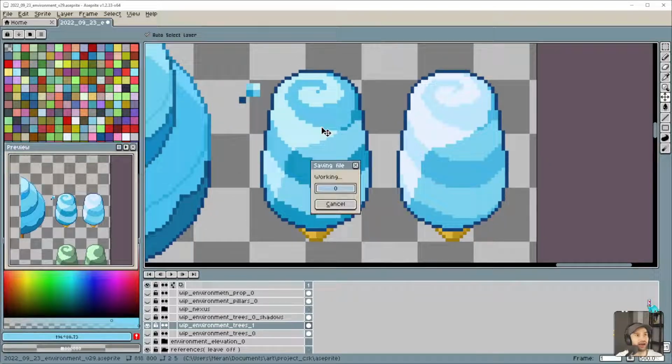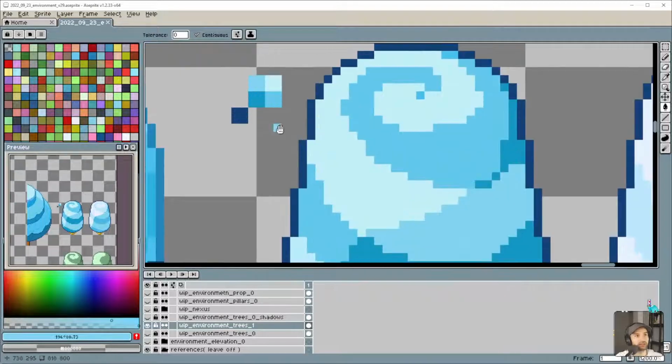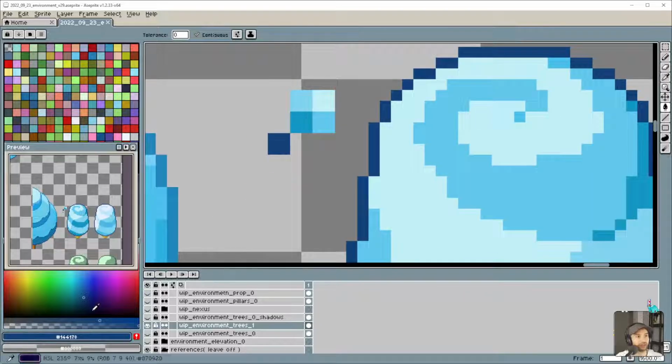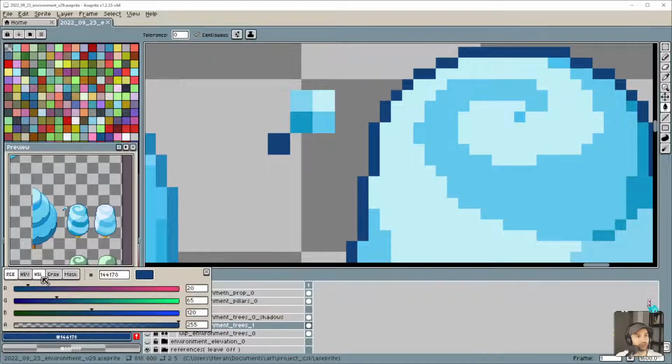So now we need to do the outline, because the outline I feel like is kind of the wrong color. And it's going to be a 2-color outline. So our outline should be about here-ish.